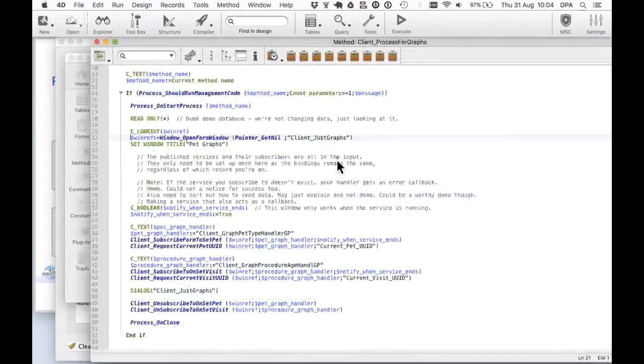And what I'm doing here is I'm going to, again, subscribe to these particular services, namely when a visit or a pet is selected. And all they're going to get is the same message, which is just this UUID of the selected pet. That's it. That's all they get. So when I fire it up,